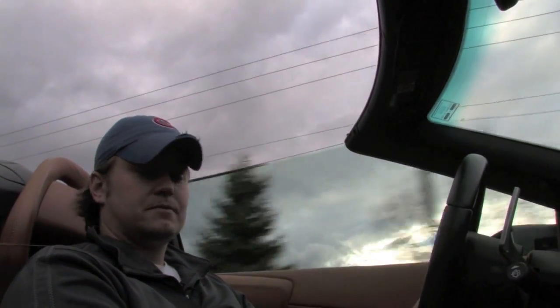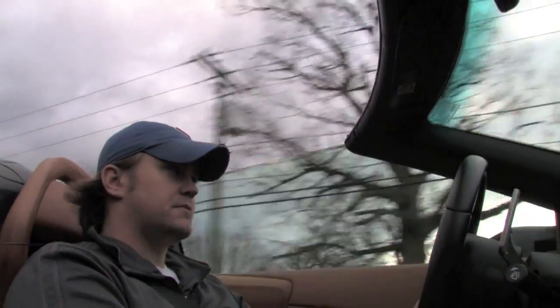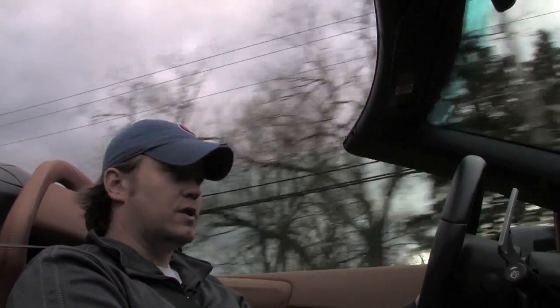We're cruising in 6th gear right now. I'm going about 50 miles an hour. We're turning roughly 1,700 RPMs, and I'm comfy. I got the window up. It's probably about 55 degrees out. I can have a conversation with my other half, Dangerous Dave over there, who I will also add really is enjoying this car as well today. So, yep,